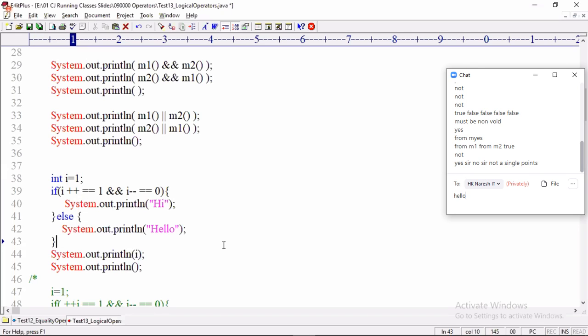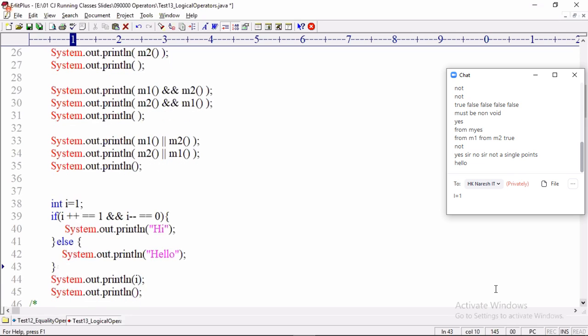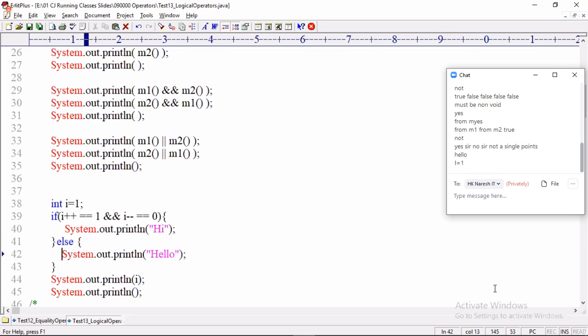The output will be hi or hello. And what is the I value? Hello, I value how much? I value is 1.